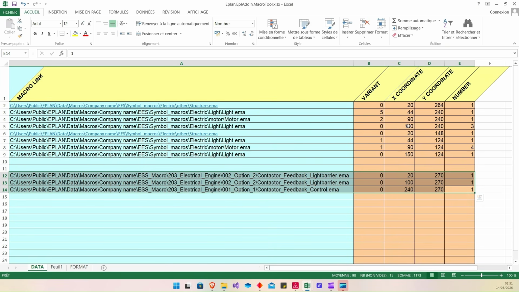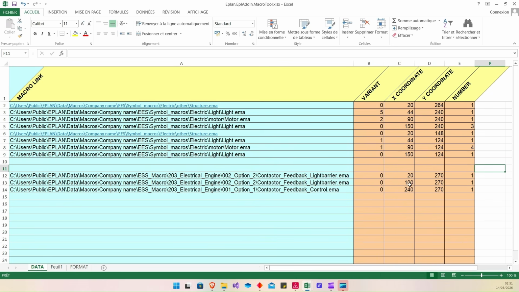And now we can manually change the X coordinate or Y coordinate of each macro box. This is the tip to avoid overlapping.